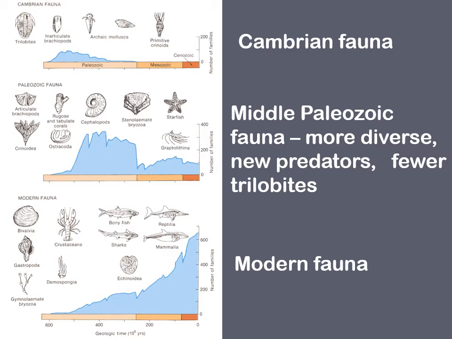And then in the modern fauna, which really starts at the beginning of the Mesozoic era, this is when we get our modern groups of bivalves and snails and shellfish like crustaceans, and then all of our bony fish, which again, bony fish go back to the Ordovician and Silurian, but this is when they become really dominant marine organisms. So I don't want you to think about these different faunas as completely 100% replacing each other. It's just more replacing who's in charge.